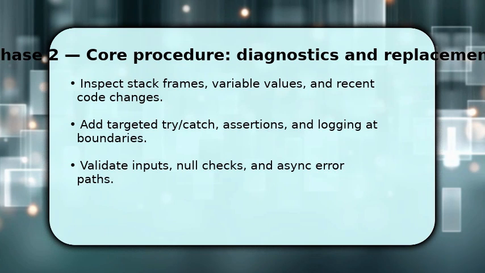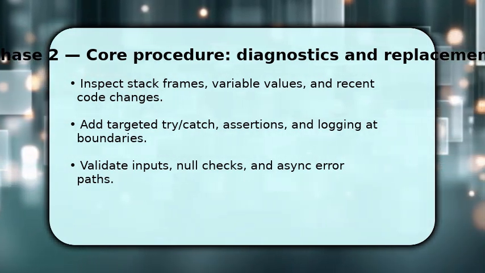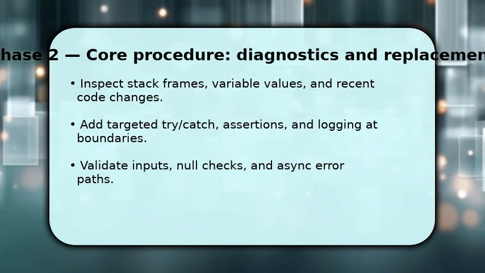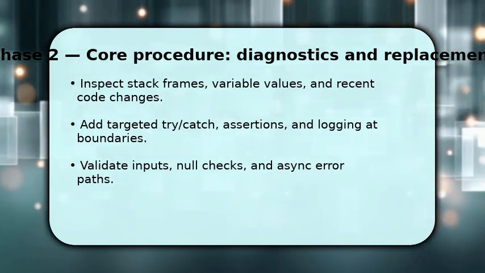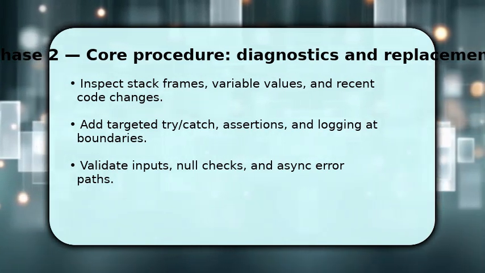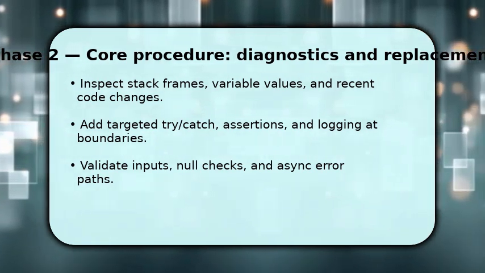Compare with recent commits. Add precise try/catch blocks only around suspect calls and log context, function args, ID, and timestamps, so you learn how the state leads to the exception. Also, validate inputs and ensure asynchronous code surfaces errors to the same handler, because race conditions often hide the real